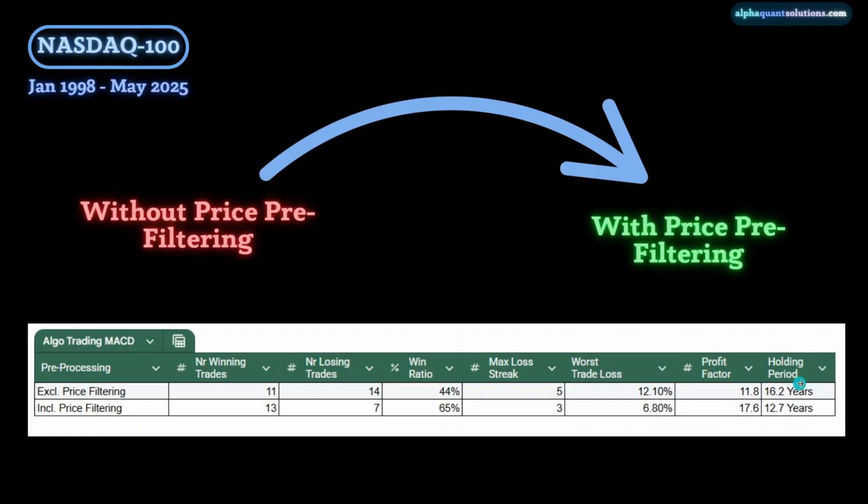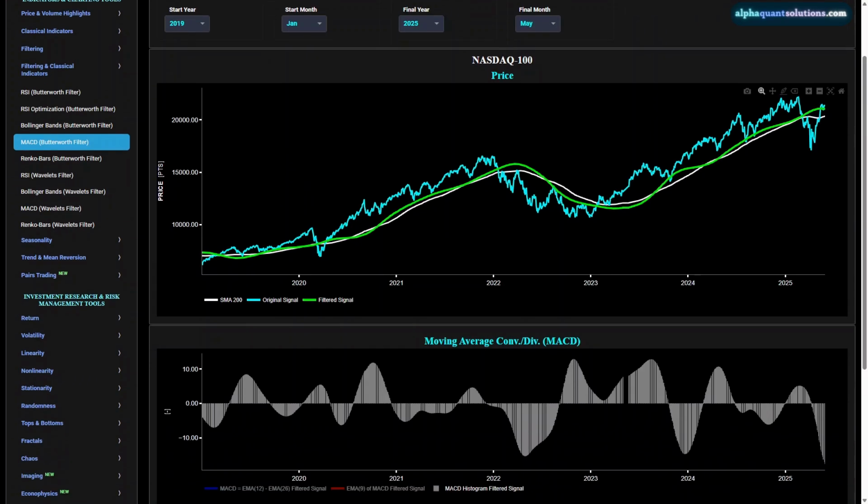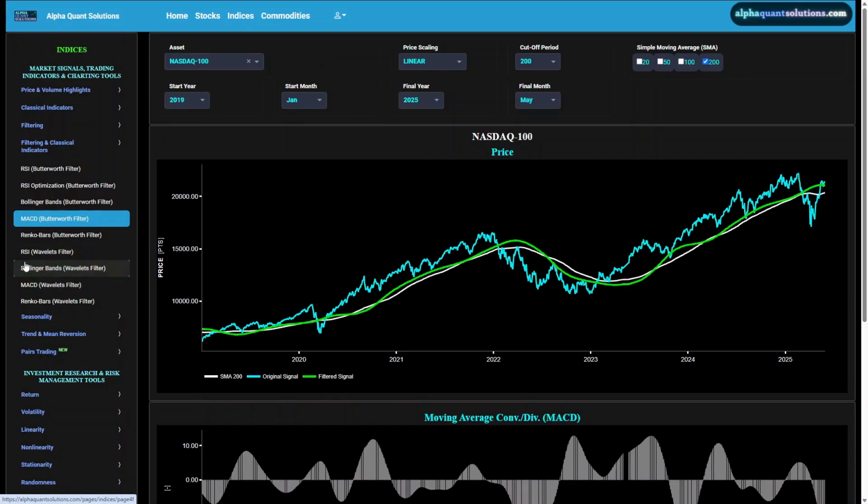And also we see that the holding period substantially increases by almost a third to 16.2 years from 12.7. So this means that it also reduces the amount of other opportunities because capital is held much longer. So this, all in all, also says that price pre-filtering is really essential to allow us to detect and exploit long-term alpha. Now, in the next videos, we will dive into the wavelets filter pages where we will apply this